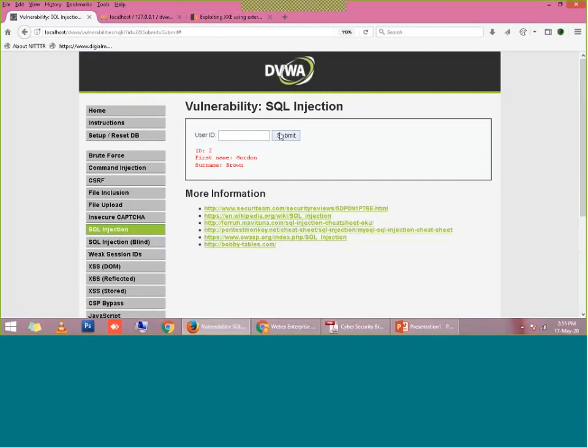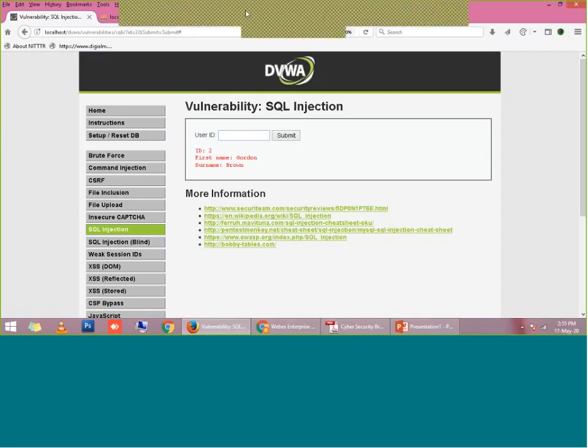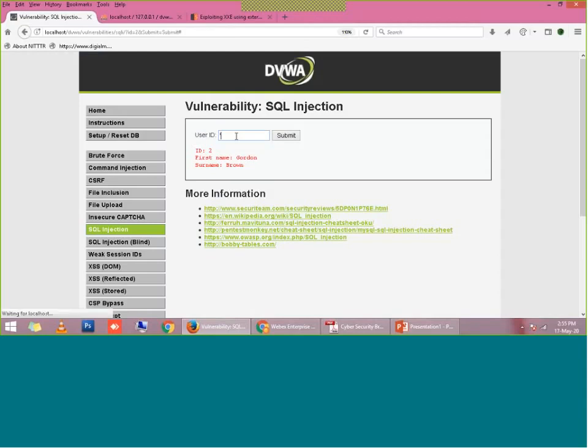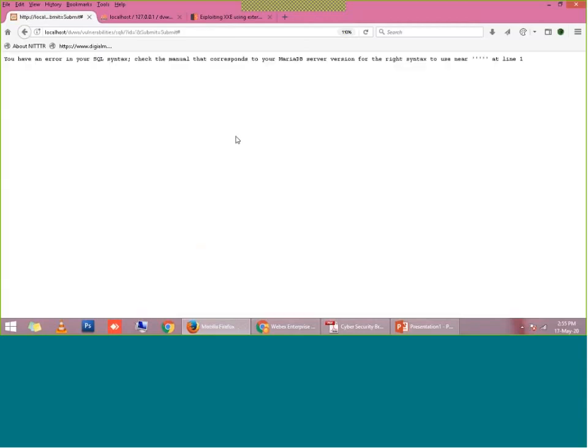So let's move further. To perform SQL injection, first of all, we have to check whether this site is vulnerable to SQL injection or not. In the hacking world, or in the SQL injection world, you can say the single quote is the most dangerous character, right? So first of all, I will put a single quote here and press enter. If you enter a single quote and it shows an error, there is a 90% chance that this site is vulnerable.